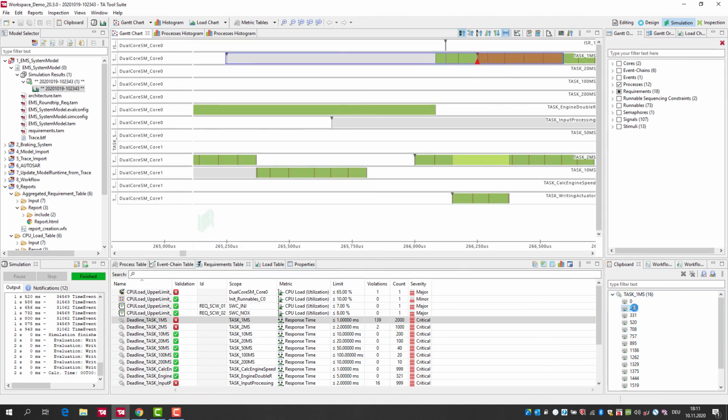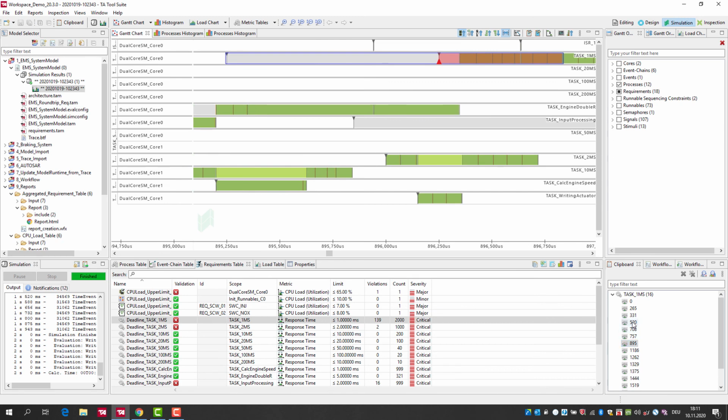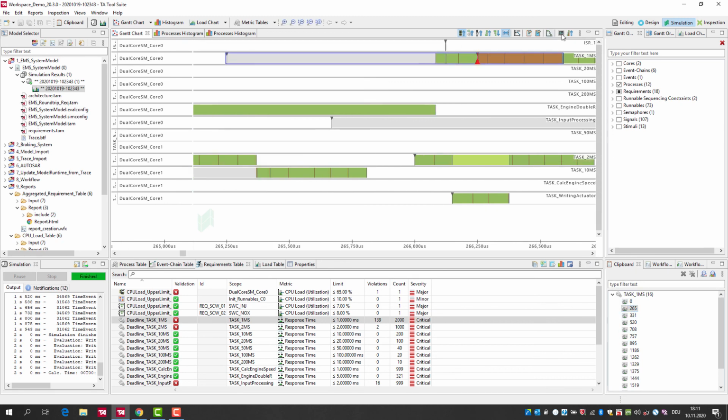And what we can do now is double click them and we're jumping exactly to the point in time in the Gantt chart where the violation happened. If we combine this now with the interference view, it's very easy to see the reason for the violation of this response time requirement. So for example, here we see, okay, the task 1 millisecond had a very long start delay, which was caused by the task engine RR,